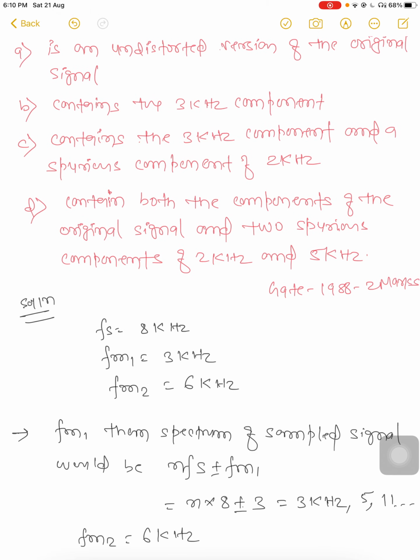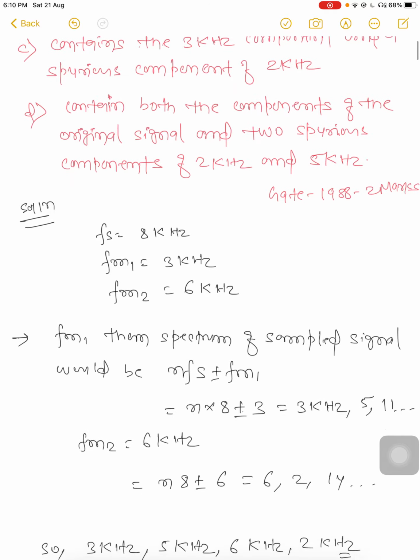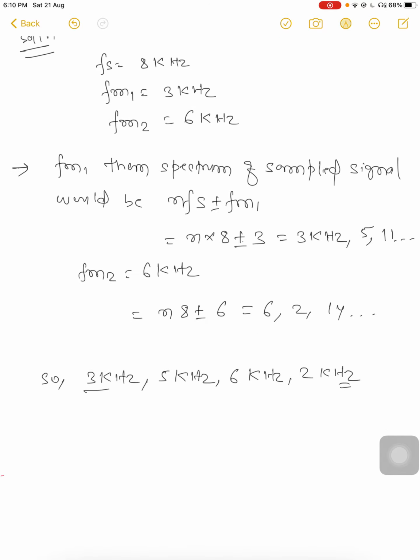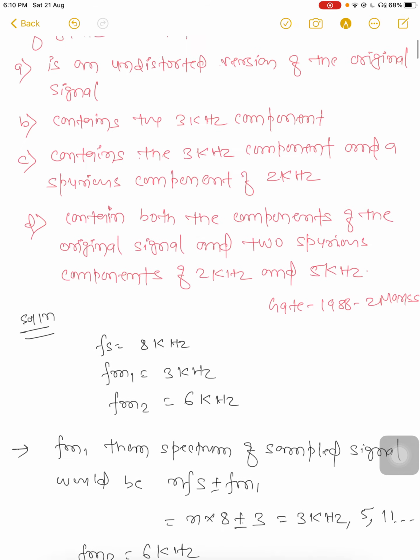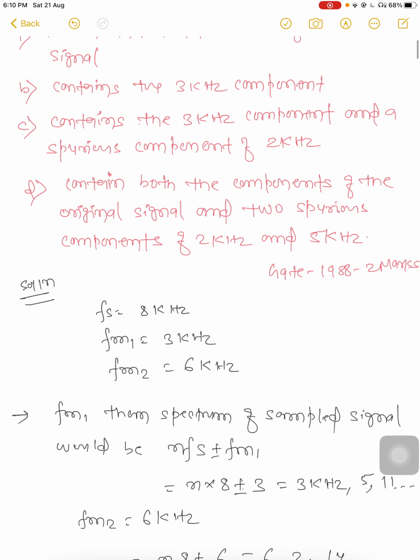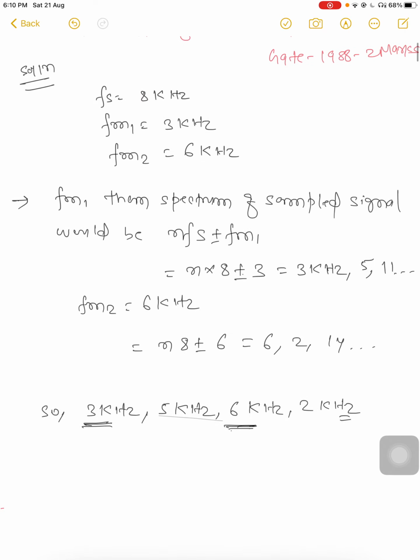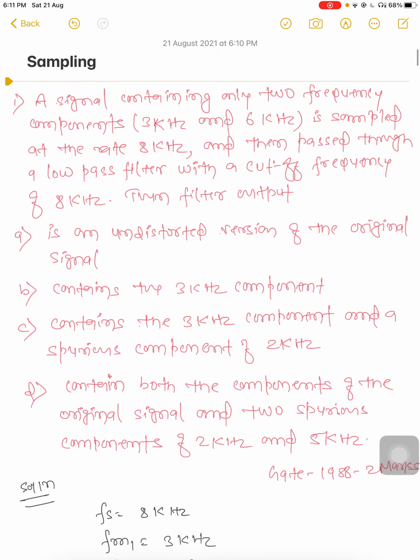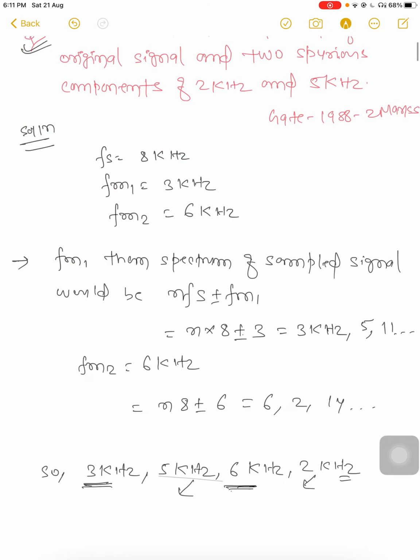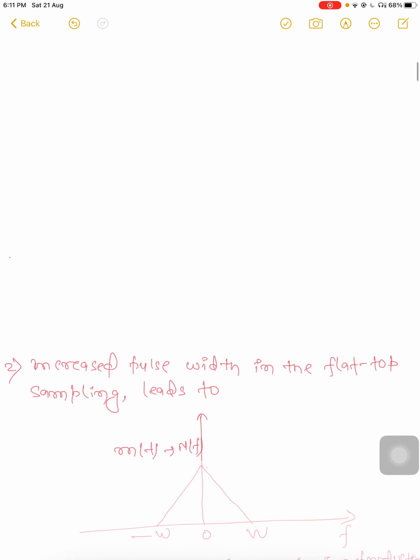So the option containing both the components of the original signal and two superior components, 2 kilohertz and 5 kilohertz. Check it: 3 kilohertz and 6 kilohertz means containing both signals, and superior components of 2 kilohertz and 5 kilohertz. So option D will be the right answer for